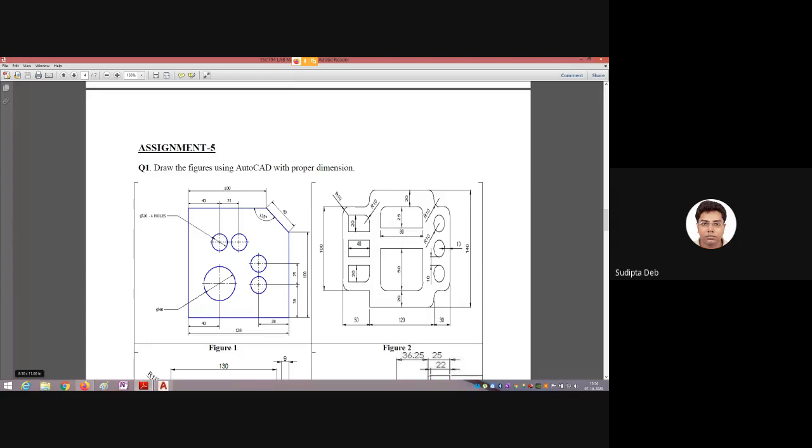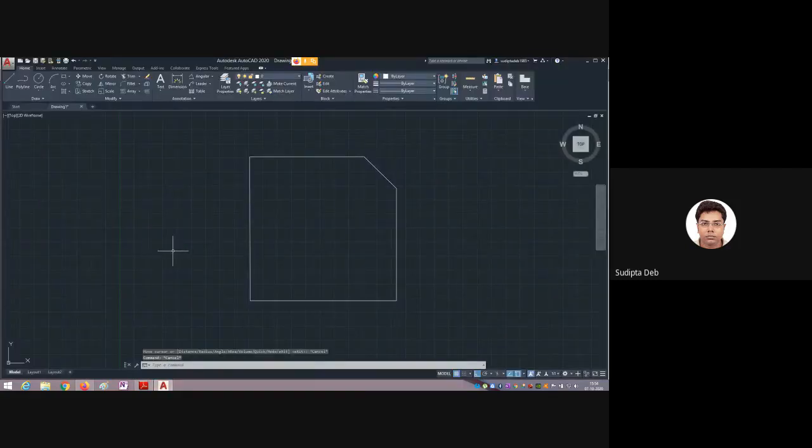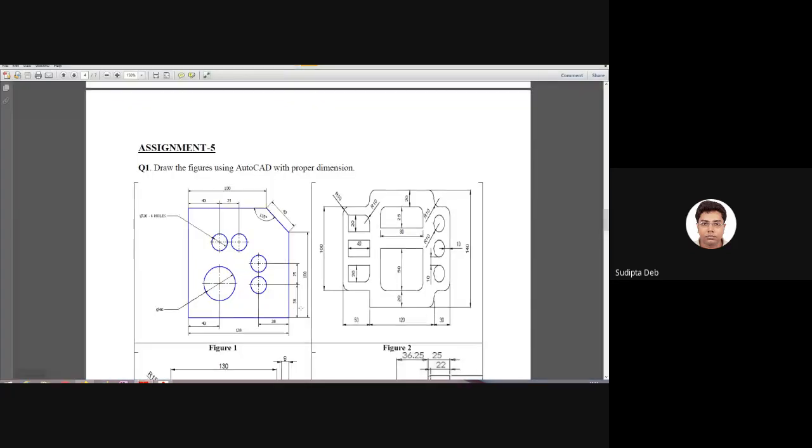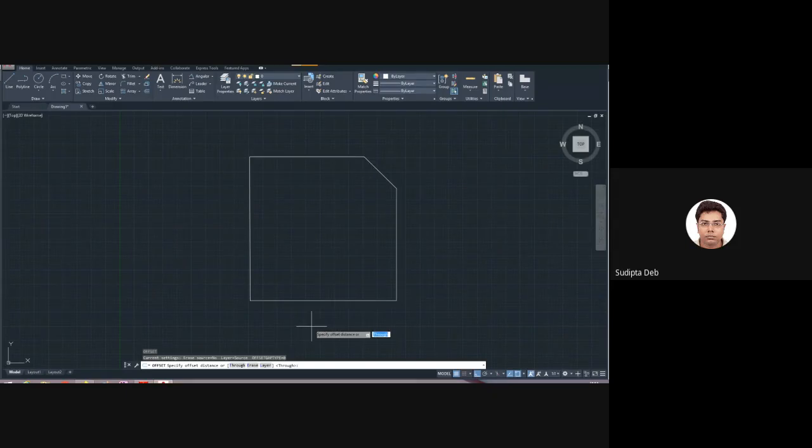And this intersecting point will be the center of this particular circle. Now how to draw? The command is offset. O, enter for offset. You can see OFFSET. What you are getting is: specify offset distance. In this direction, let me see, the dimension was 38. So first I have to put the dimension.